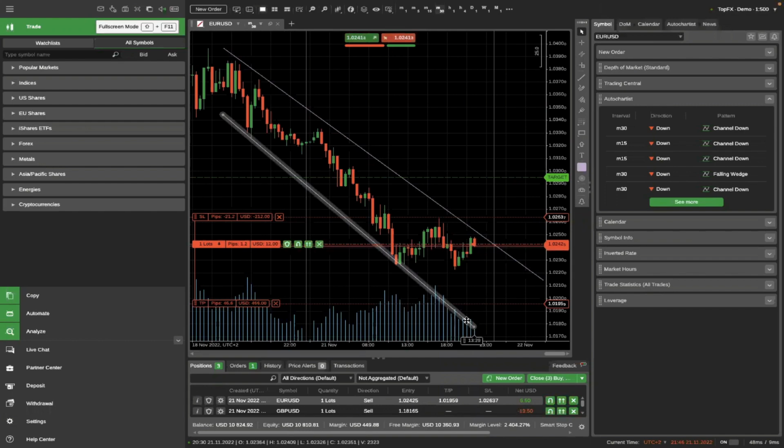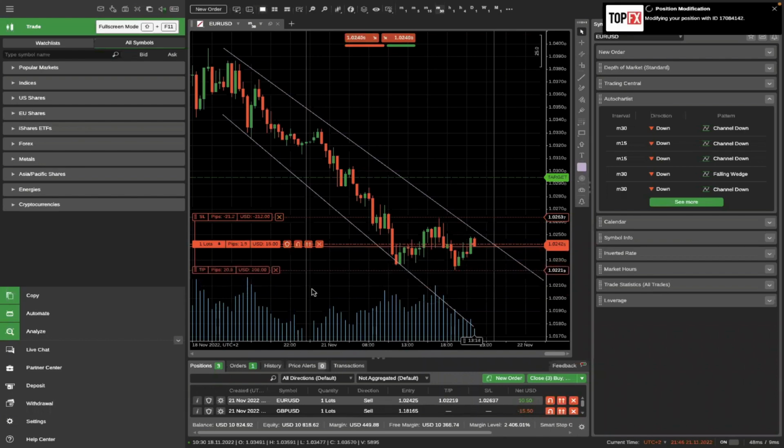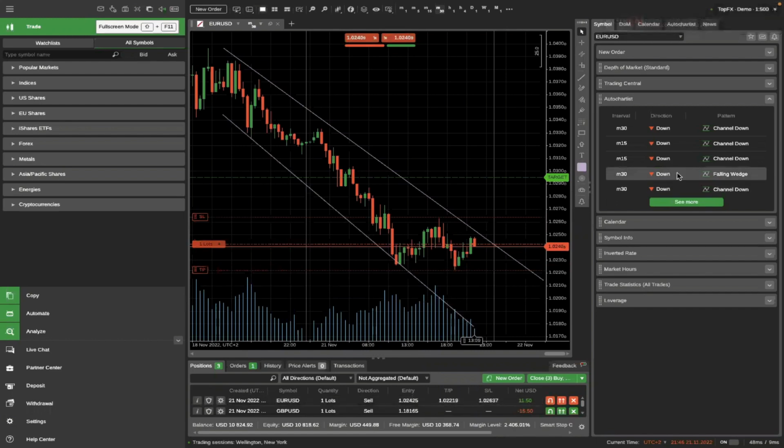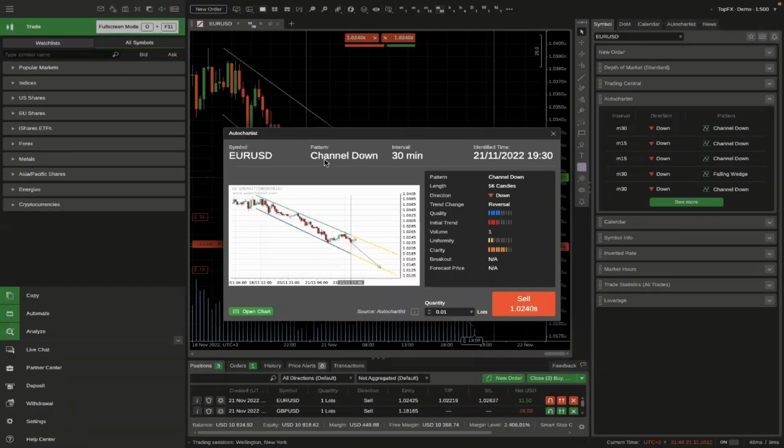However, there's a very high probability that you can find out more likely where the target level for this trade is. However, for now, this is educational purposes only, so I will keep my take profit around the local low. So this is how you basically identify the channel down pattern, and how you trade this kind of pattern, as shown to you by the Autochartist, which is a very, very cool feature on the